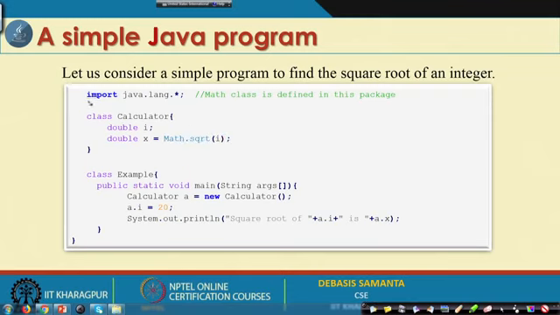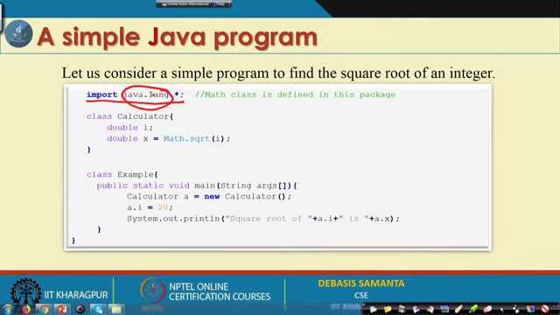Now, this is the import section that we have. Import is very important. Whenever you want to use some special class defined somewhere else, you should use import. Here the java.lang package has been imported.